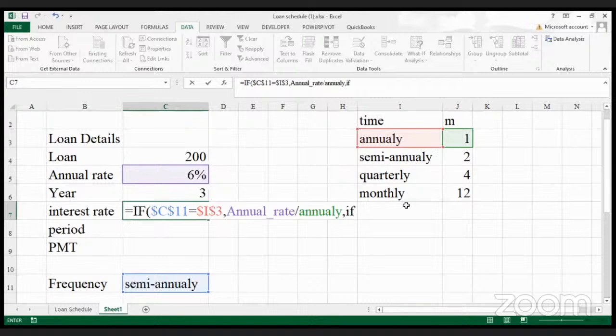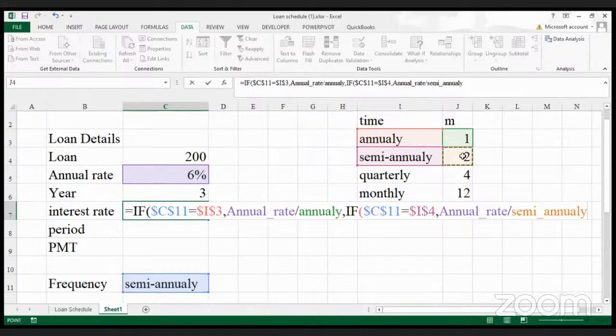So another one, we say IF, click your Tab button, if this one here is equal to, F4 to fully lock the reference, is equal to I14, which is now semi-annually, comma, then we will take our annual rate and divide it by the frequency of payment in a year, doing it semi-annually, comma,